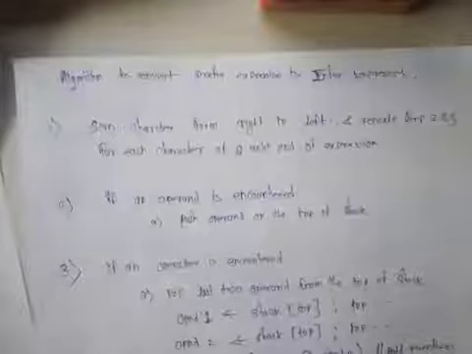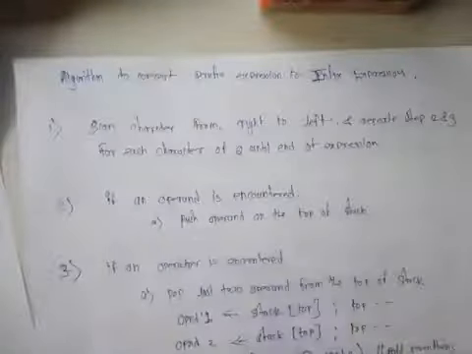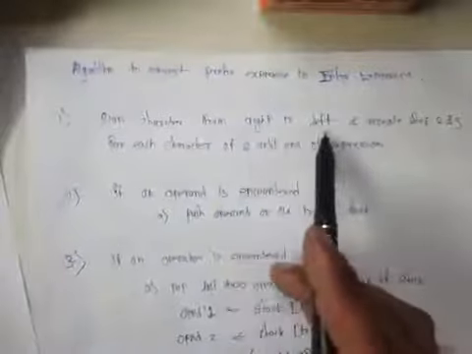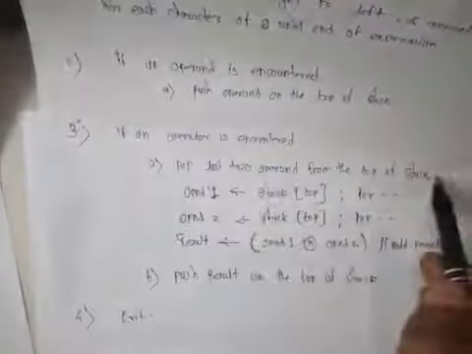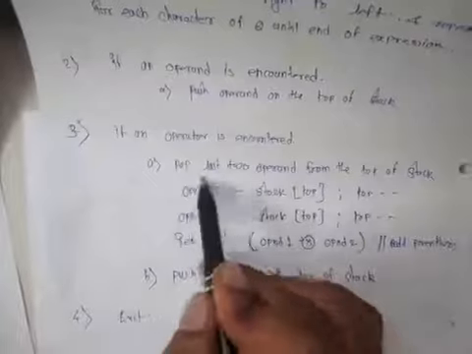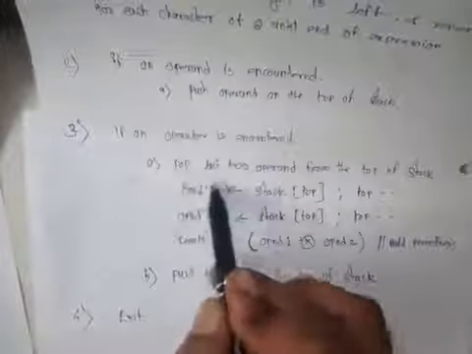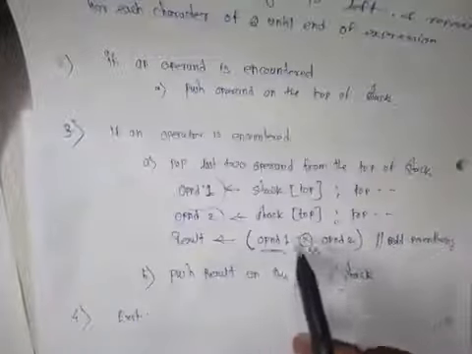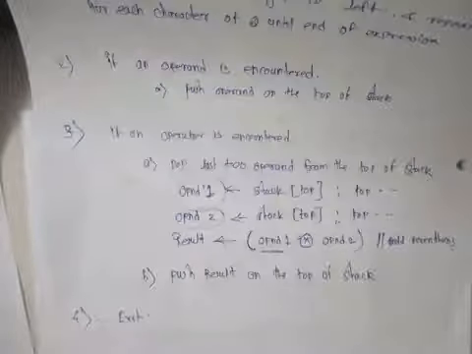In postfix to prefix and postfix to infix conversion, we scan the expression from left to right, but in prefix to infix we are going to scan from right to left. Very simple. Again, if an operand is encountered, push it on the top of the stack. If an operator is encountered, we pop the last two elements from the top of the stack. Here we change the sequence: in operand 1 we collect the topmost element, and in operand 2 the second topmost element. Again the same thing: we put that symbol in between operand 1 and operand 2.